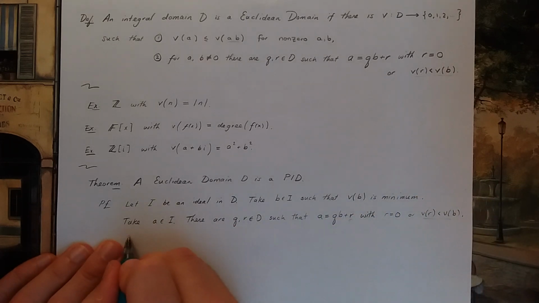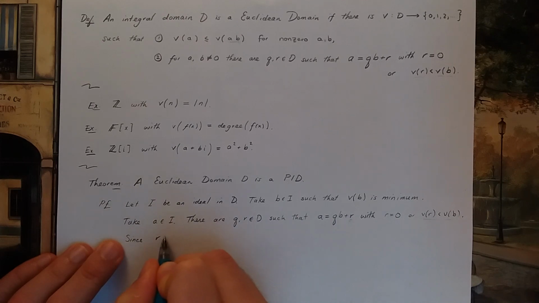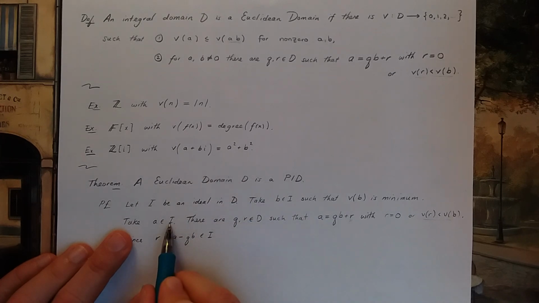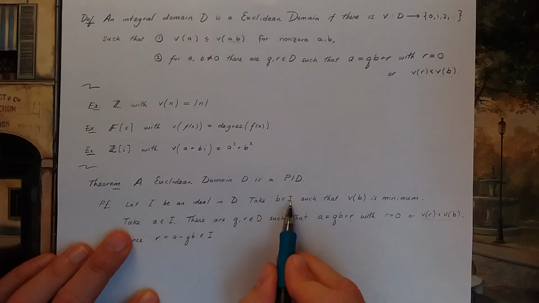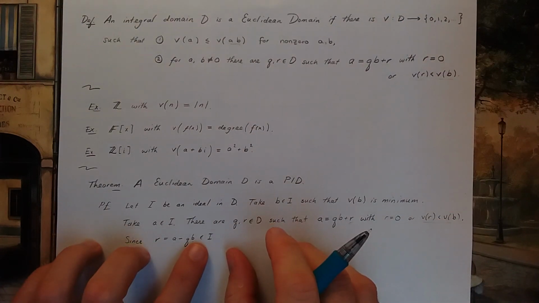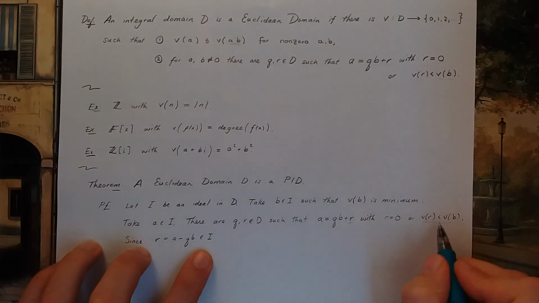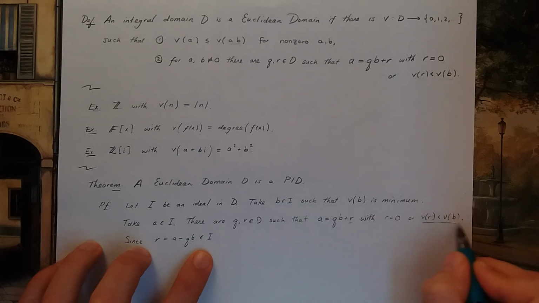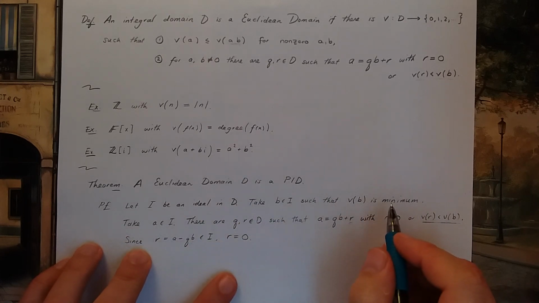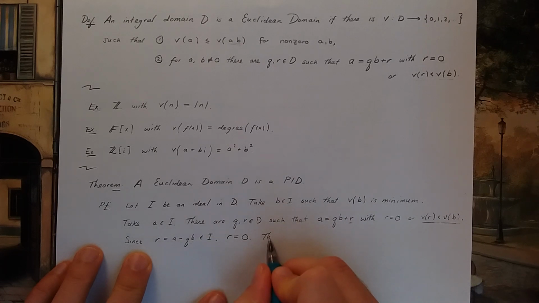Why? Since R you can rewrite as A minus QB, it is in my ideal, because A is in my ideal, B is in my ideal, so QB is in my ideal. Therefore, the difference of these two is in the ideal. Since R is in the ideal, this cannot happen. R has to equal 0. So, thus,